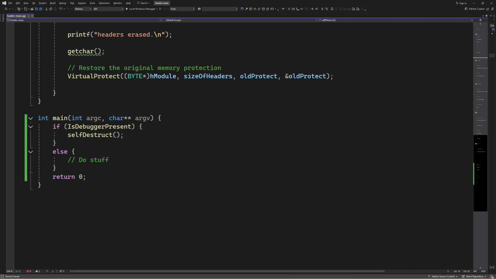For example, we can use something like IsDebuggerPresent to check if our process is being debugged, and if so, we call our self-destruct function to erase the process headers, preventing it from being dumped from memory. For sure, a simple anti-debugging mechanism like IsDebuggerPresent can be bypassed easily, but imagine employing this anti-dump mechanism with every anti-debugging and anti-VM mechanism in the book, which is what we're going to do in the upcoming videos,